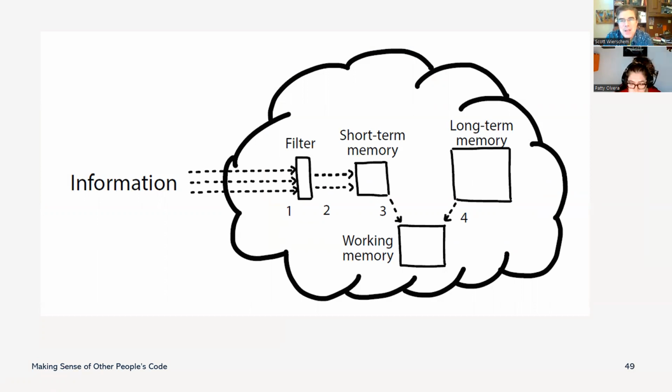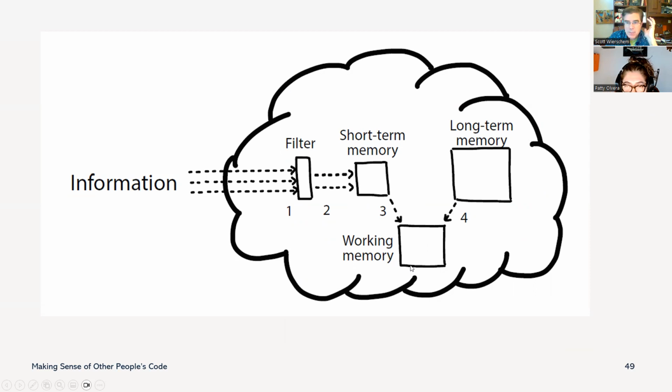Okay, so we learned about how to improve our ability to read code that we don't understand. So what about code that's too hard or too complex to figure out? We have our short-term memory, and that helps us to remember things by sending it through the working memory to the long-term memory, right? And associating it there. So this working memory is used for processing the information in our short-term memory, right?